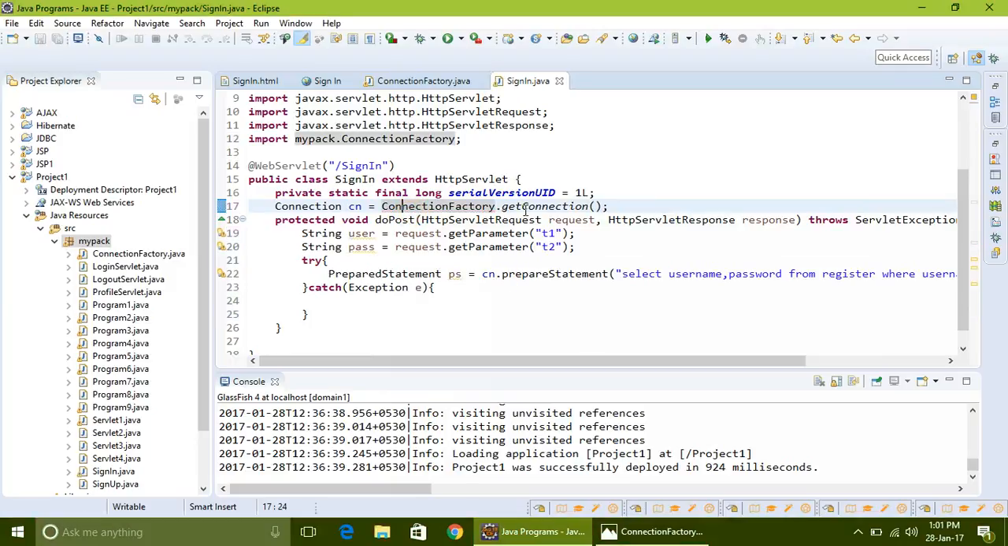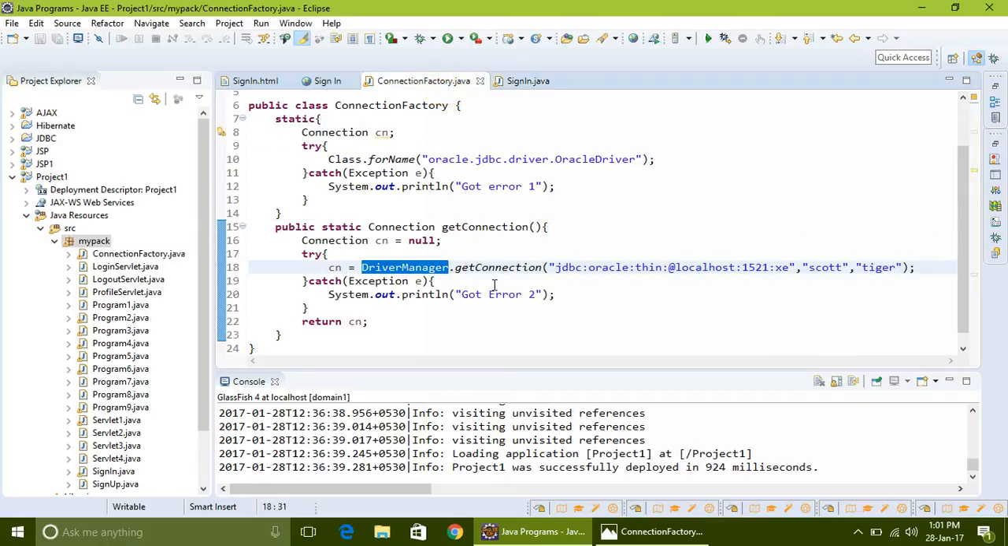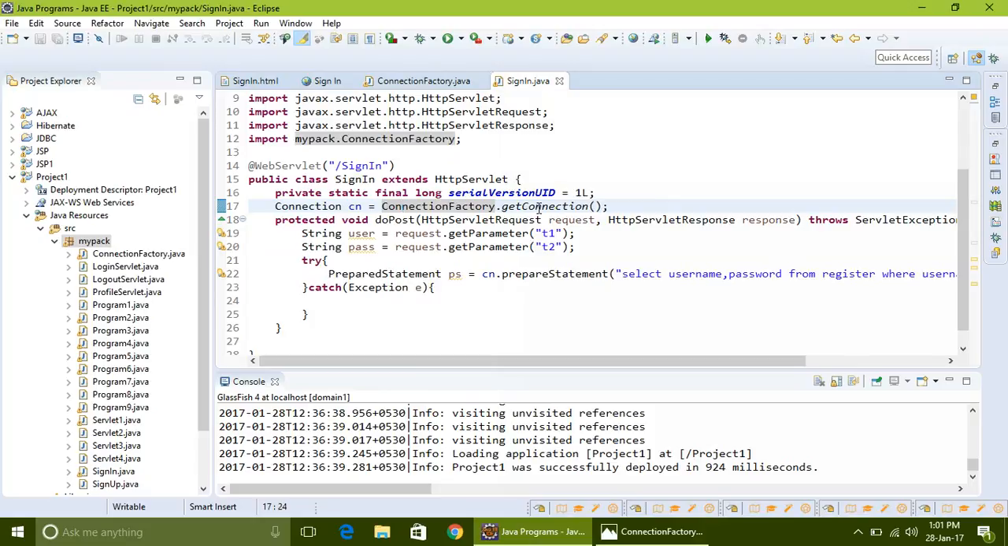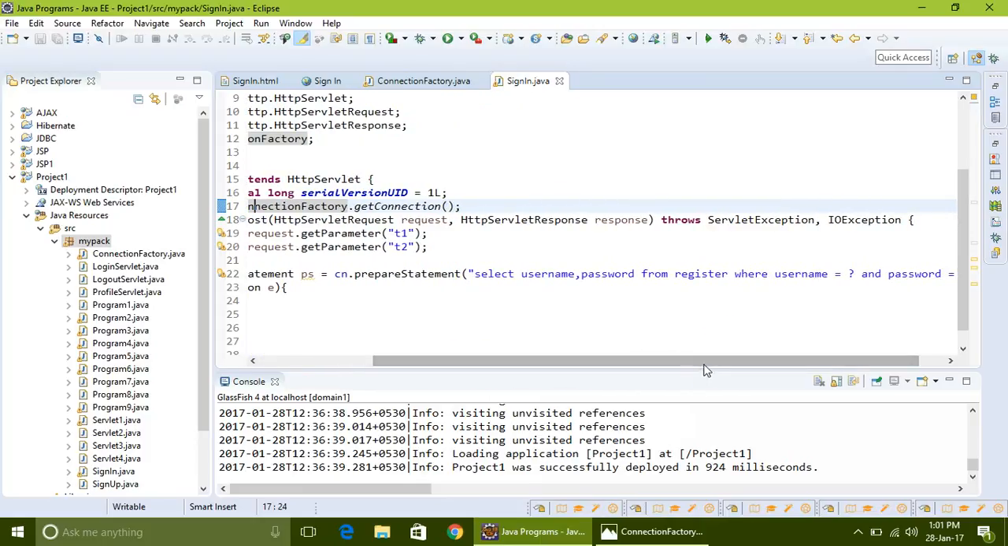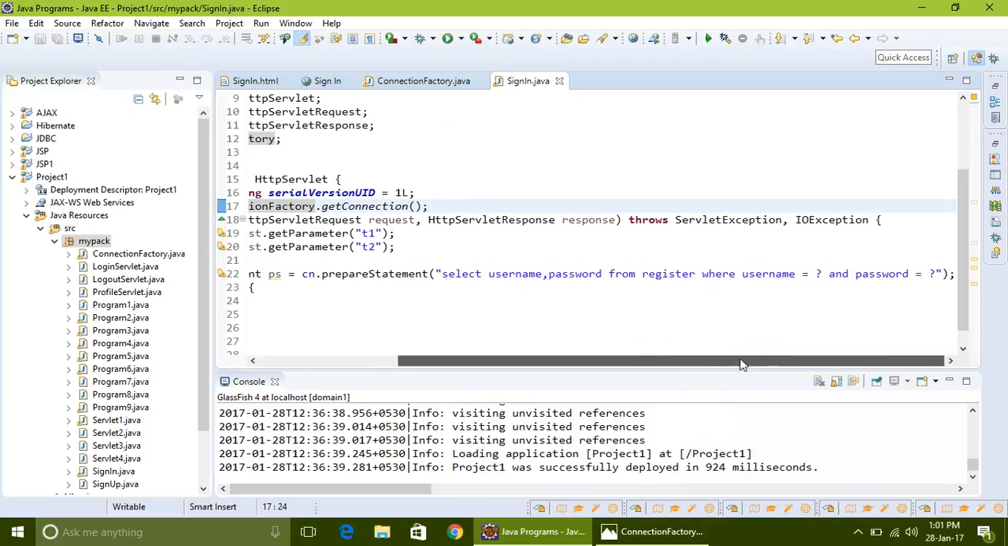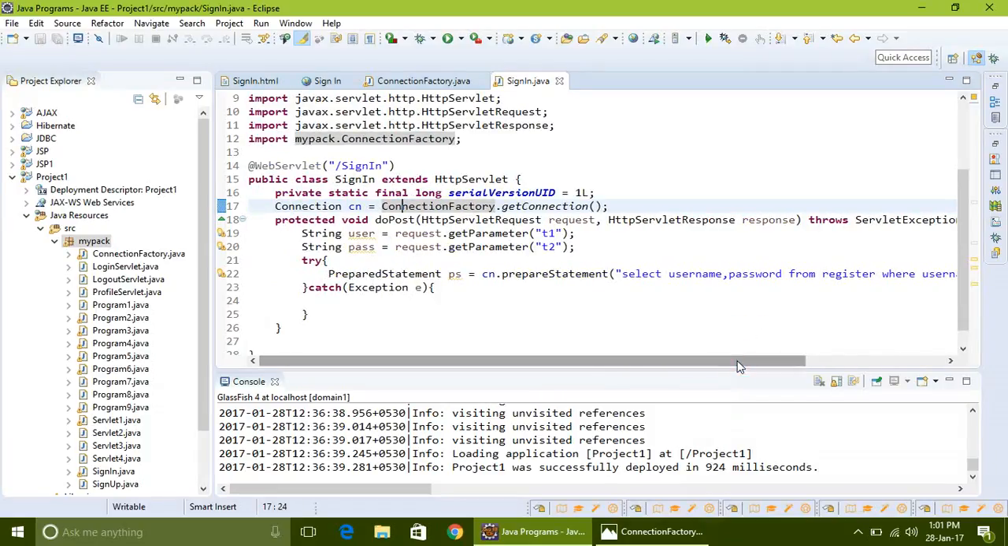We are inheriting the getConnection method from the ConnectionFactory class because it is static, and we are keeping this in a reference variable of Connection cn, and we are using a query: select username and password from the register table where username equal to question mark and password equal to question mark. So next one is